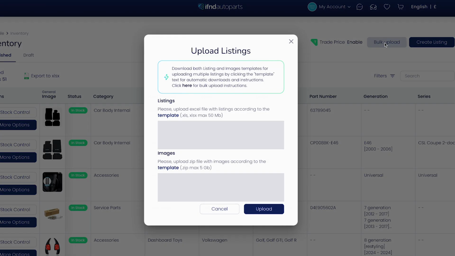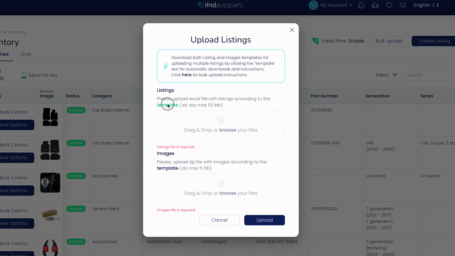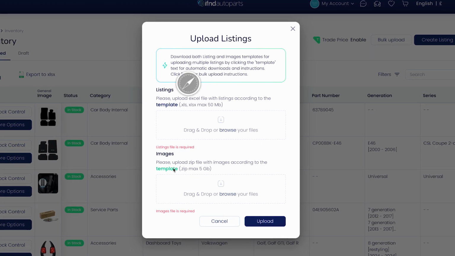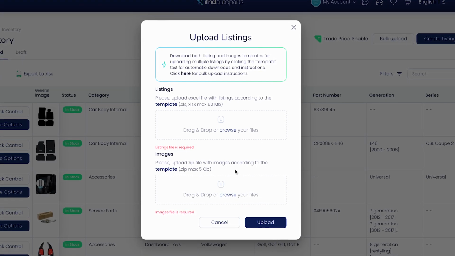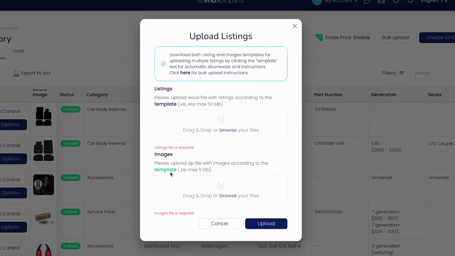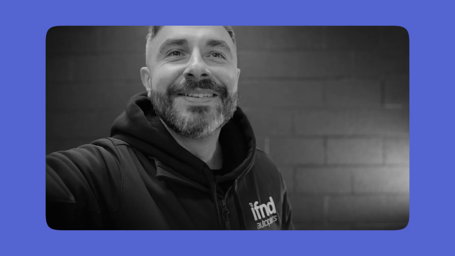For larger inventories, the bulk upload feature saves you time. Just click bulk upload, download the CSV template, fill in your item details, and upload the file to update multiple listings at once. Once your items are in the inventory dashboard,